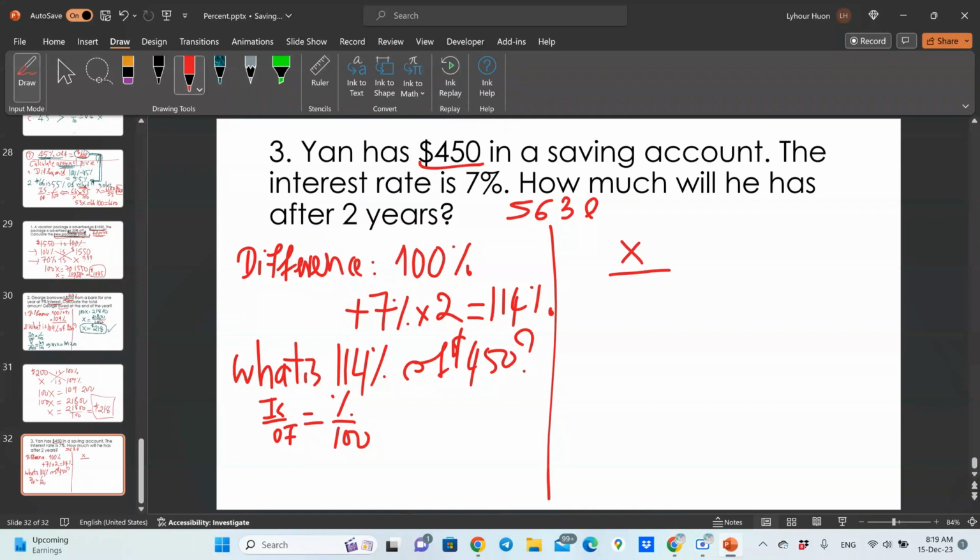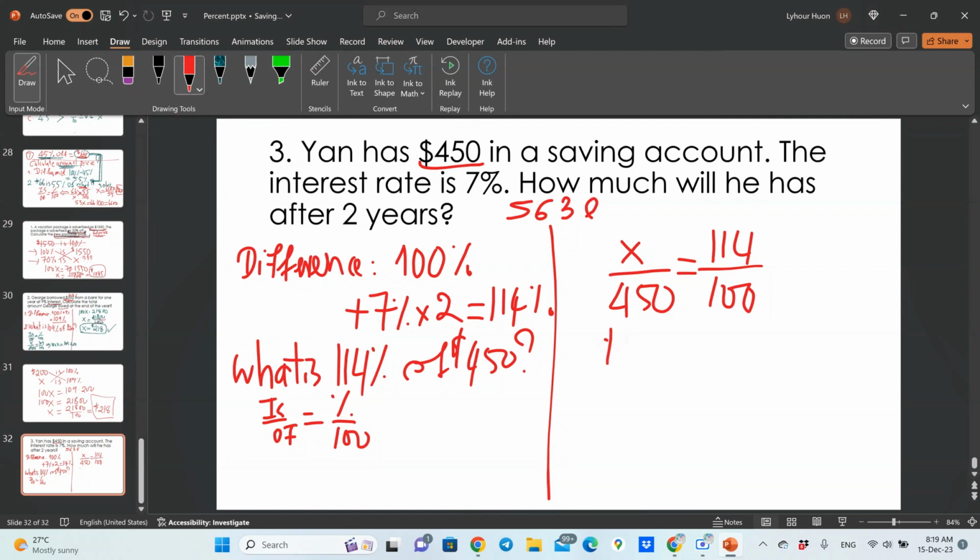Of is, let me check. Apparently, I put $450. Yes, $450. That is correct. Equal to 114% over 100. Correct. Now to solve for x,